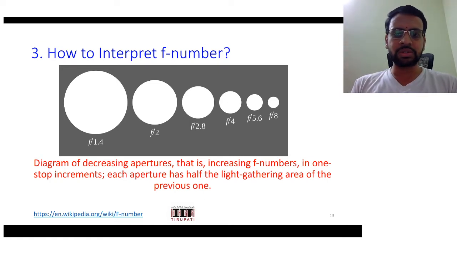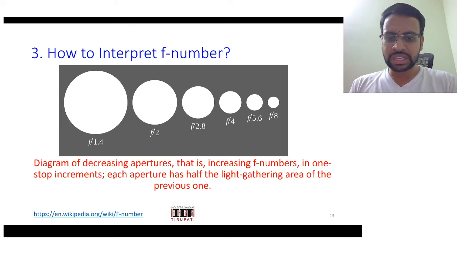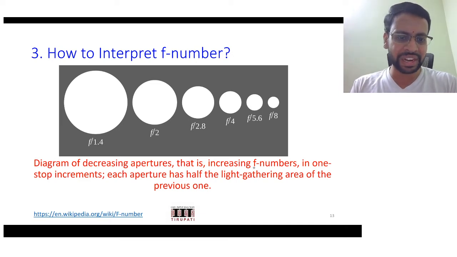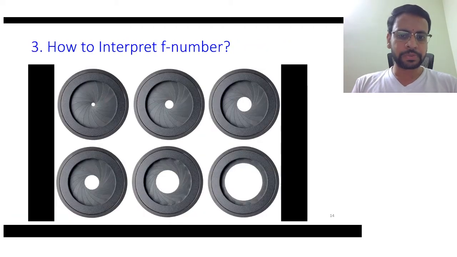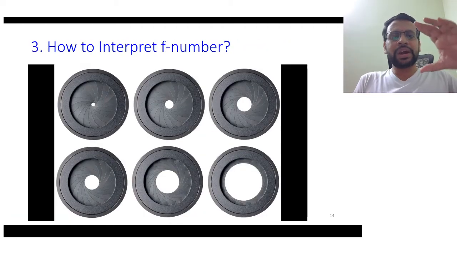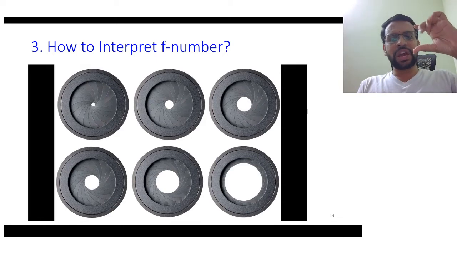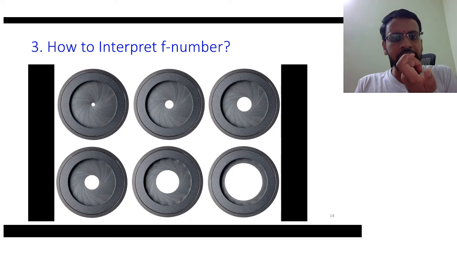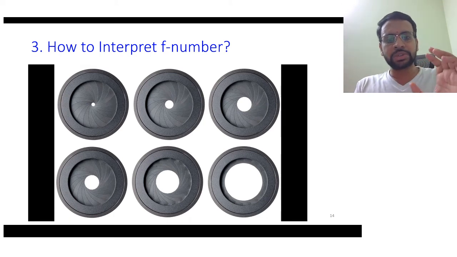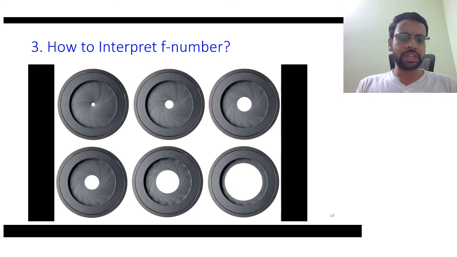So don't be puzzled that these numbers look a bit strange. Why 2.8, 4, not simple 2, 3, 4? This is the reason behind that. Essentially each aperture has half the light gathering area of the previous one, okay. And of course this is how it looks if you have seen cameras. You have a control where you change this, and you also have a number there indicating how much aperture you are using, and that's what you would essentially be changing,